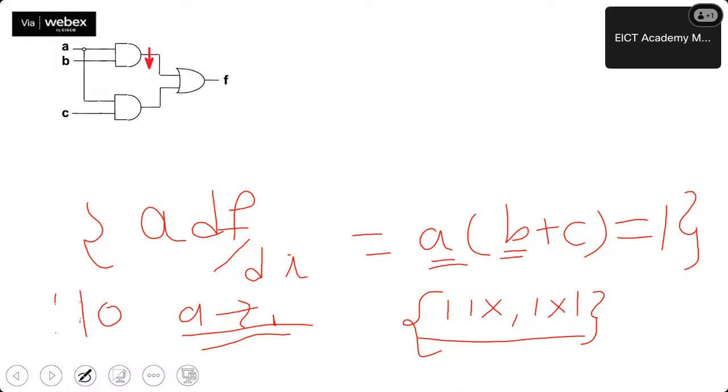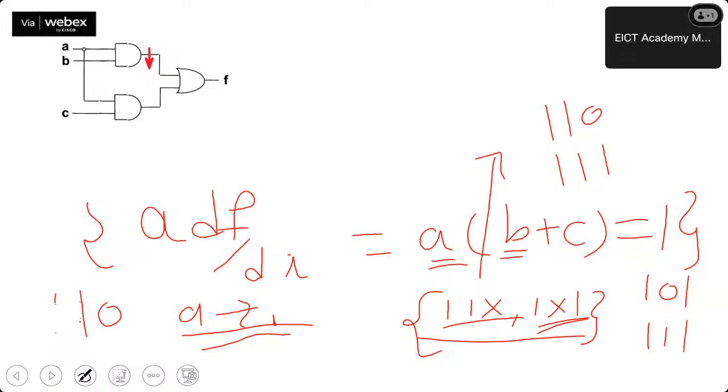X means it can take two values. For example, if I discuss this, it is equal to 1, 1, 0 and 1, 1, 1. Likewise, if we take this, then this is 1, 0, 1 or this. Okay. Since the second combination is common to both of these, we'll cut any one of these. So there are three combinations, 1, 2, and 3. And likewise, we will find out. Okay. So now let us consider the example